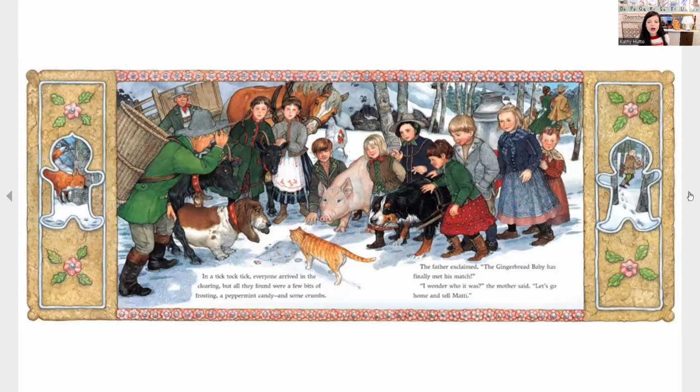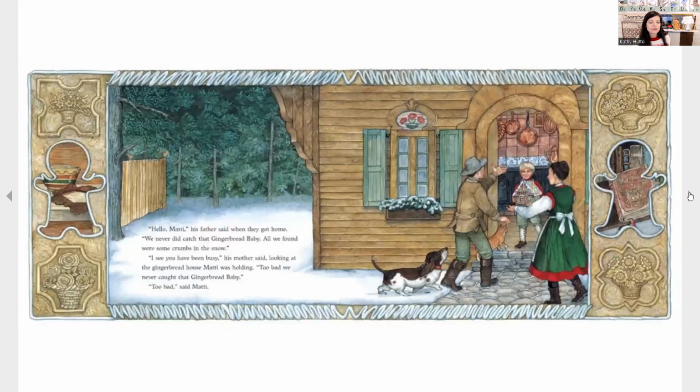"I wonder who it was," the mother said. "Let's go home and tell Maddie." "Hello, Maddie," his father said when they got home. "We never did catch that gingerbread baby. All we found were some crumbs in the snow." "I see you've been busy," his mother said, looking at the gingerbread house Maddie was holding.